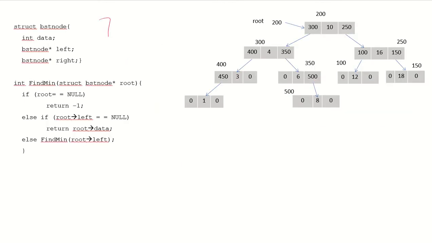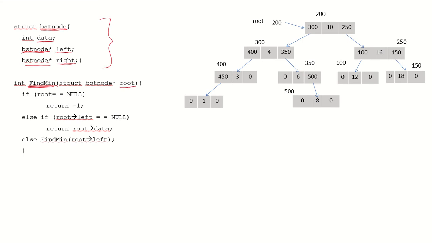As we know, the structure of each node would be of this type, BST node. We have the data, which we are assuming is integer data. We have a pointer to the left child, which again is a BST node pointer, and a pointer to the right child, which again is a BST node pointer type of data. Now we are going to write a function find min.